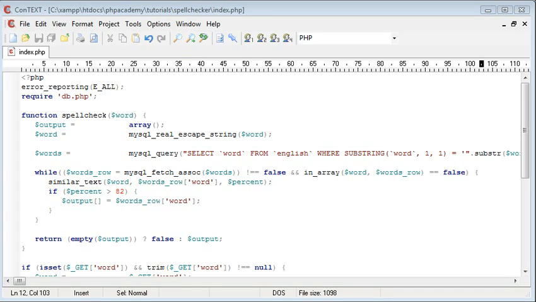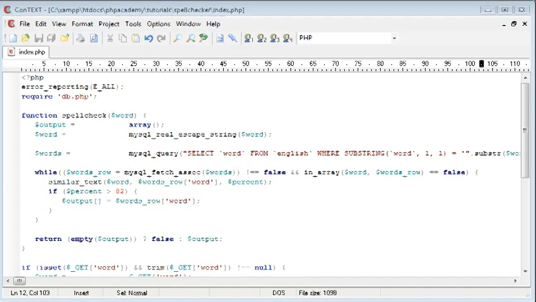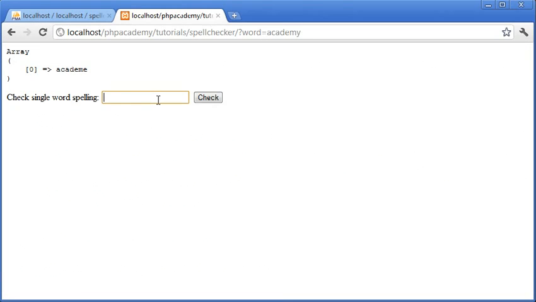Okay, so really this is just an update on the last part of the tutorial with regards to how this spell checker actually works. Now this is the code that we were left with in the last part, and the problem here is if we were to search, for example, the word academy, which is obviously spelt correctly, we still have a suggestion returned here despite the fact that the word academy has actually been found